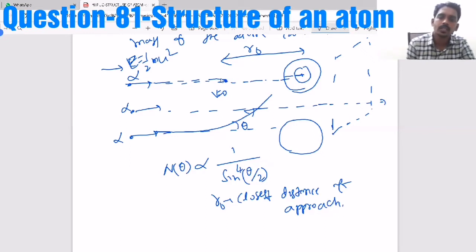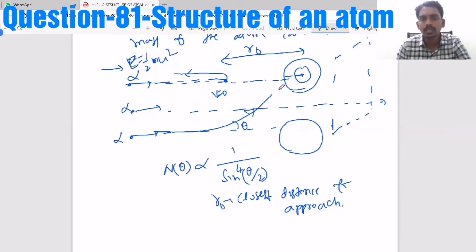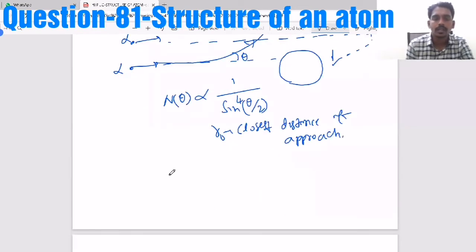Then it gets returned back along its path. That's why he concluded that at the central portion the maximum positive charge is located, and that is why it got deviated through an angle of 180 degrees. And the distance of closest approach formula will become